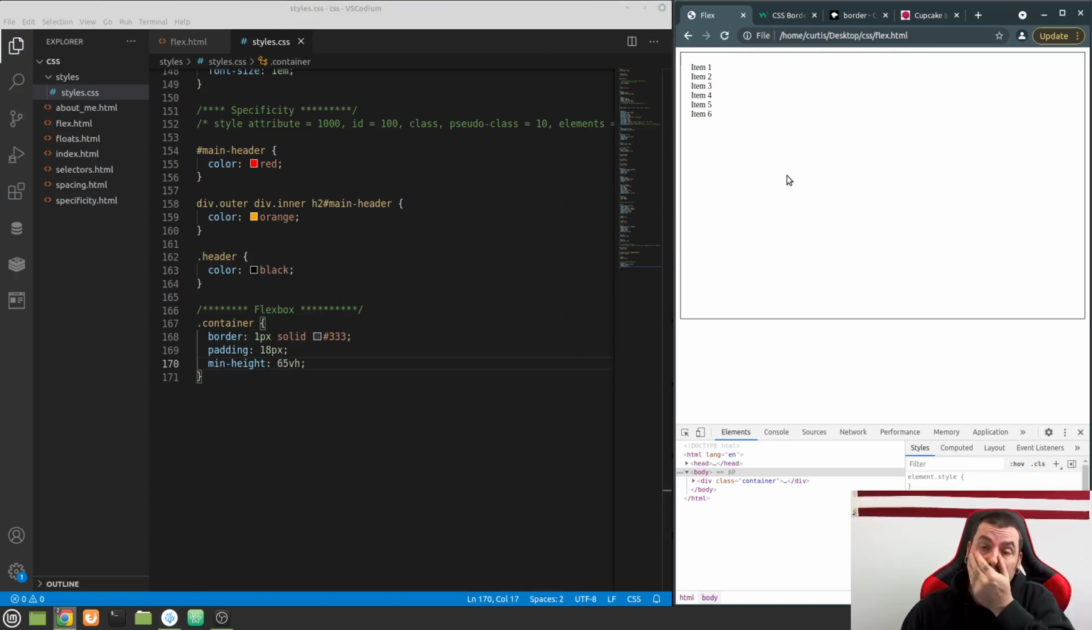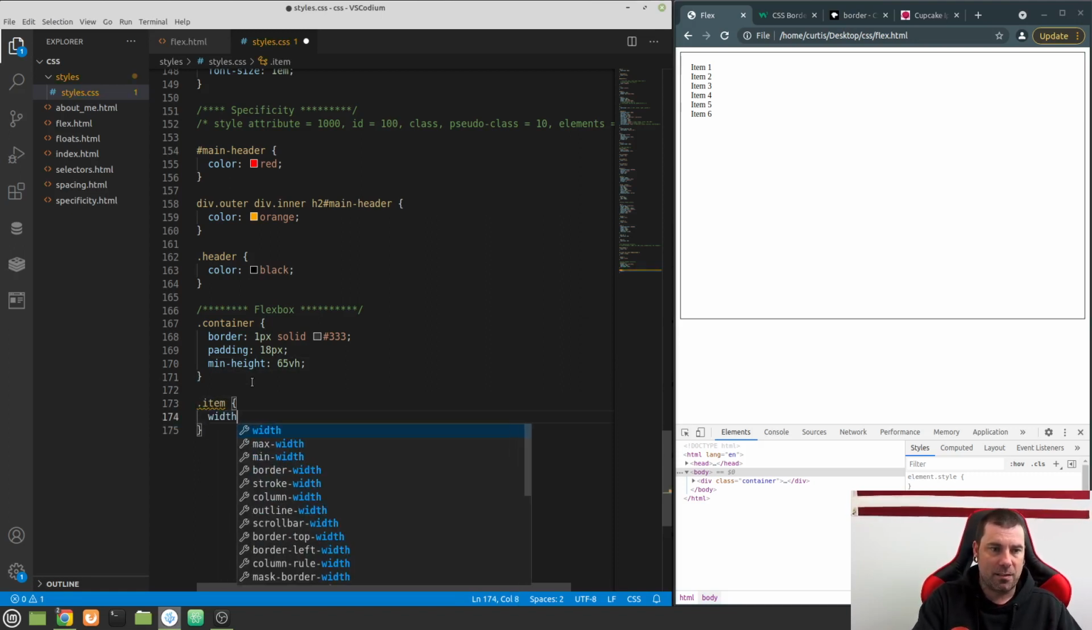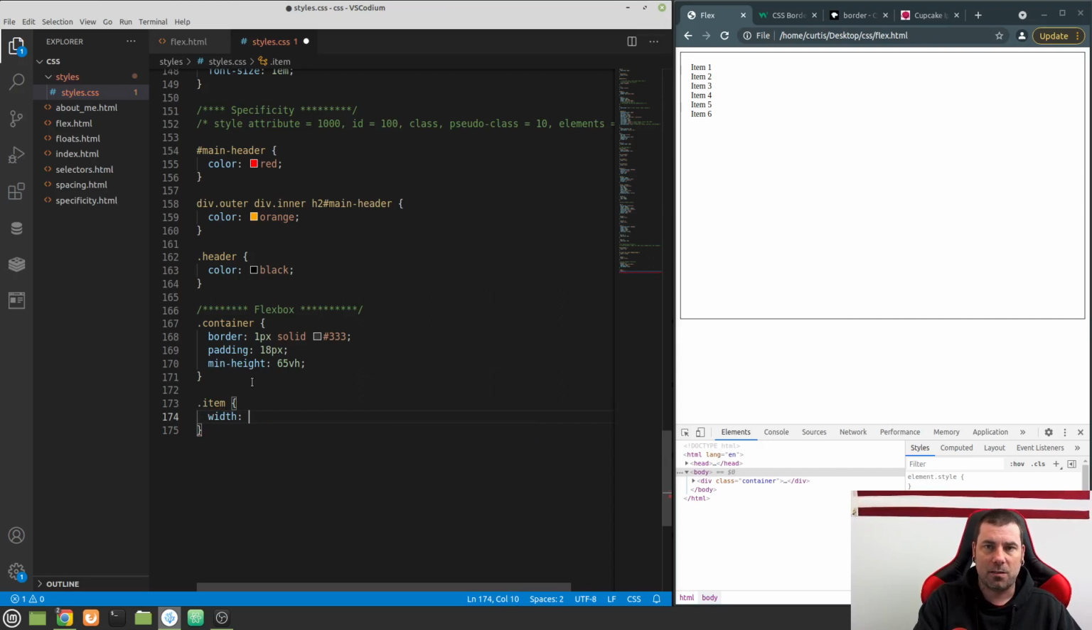The other thing I want to do is let's go ahead and start styling up the items. So we had a class of just item. And what I want to do here is I'm going to set a set width and height on these. And I think what I'm going to do is put these at 250 pixels by 250 pixels. And let's give these a background color